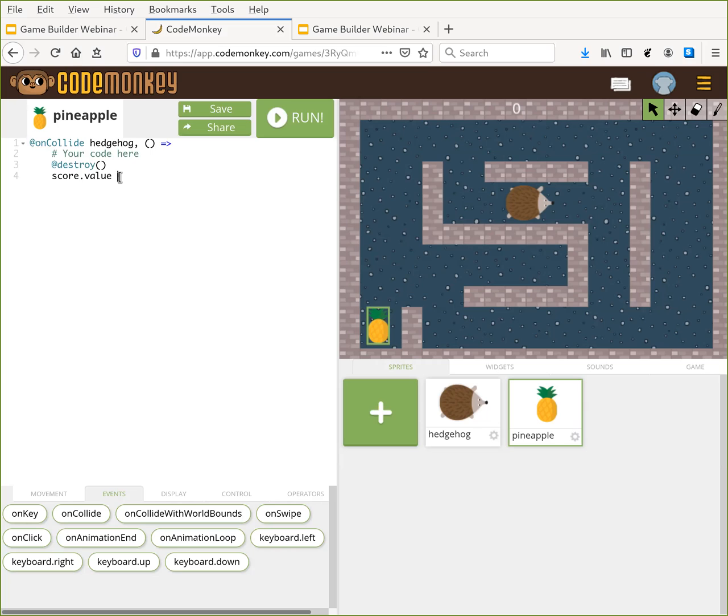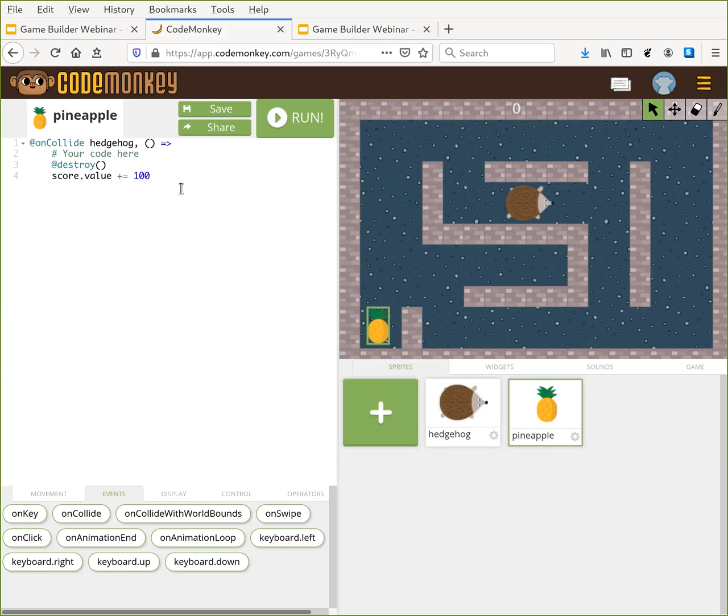This is going to look a little bit weird, but it's just part of the syntax of CoffeeScript. Plus equals says take a variable and add a number to what's already there. So this command, score.value plus equals, let's say 100, will add 100 points to the score each time that it gets called.